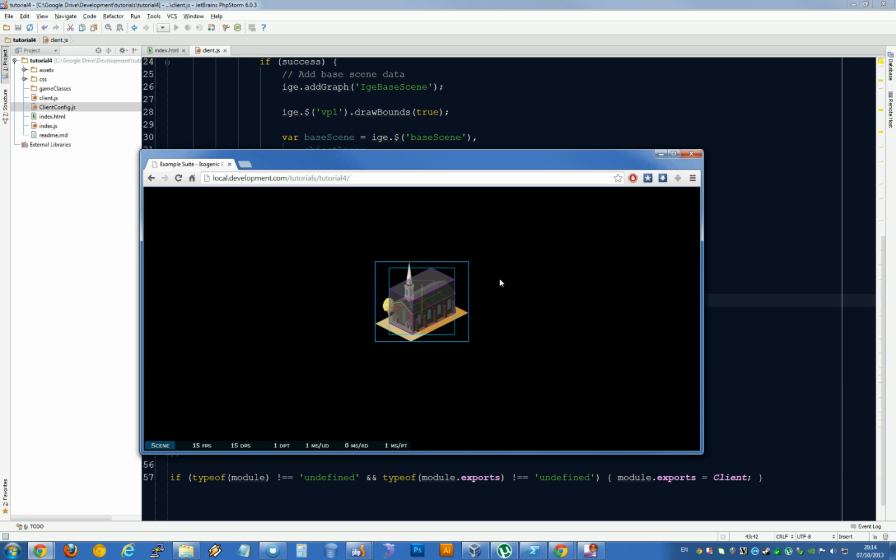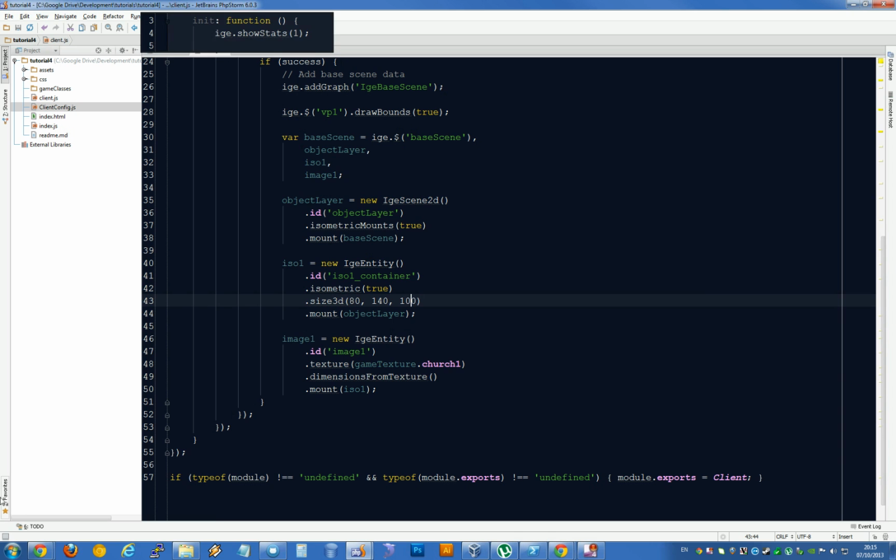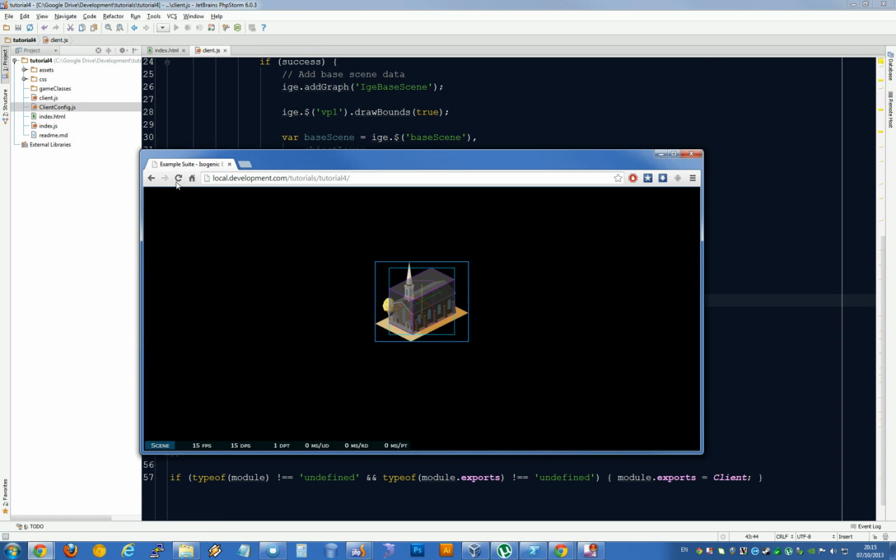Alright, so we're not quite there. Let's just make it a little bit larger. Alright, we'll call that 80 by 140 by 100. Okay, we're almost there. I mean, we probably want to align it a little bit better. So what I'm going to do